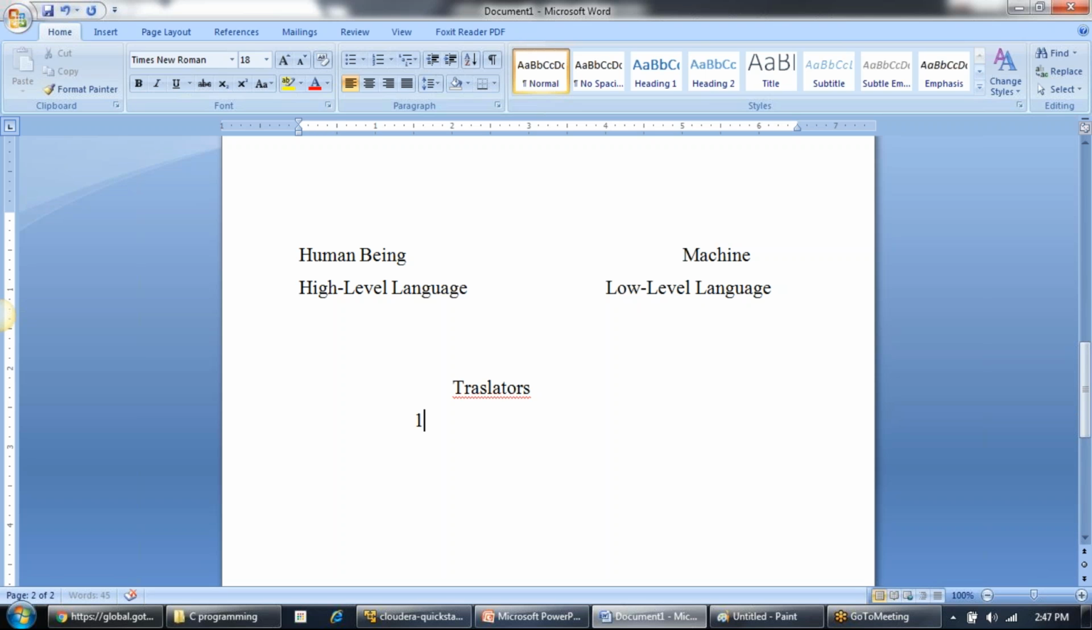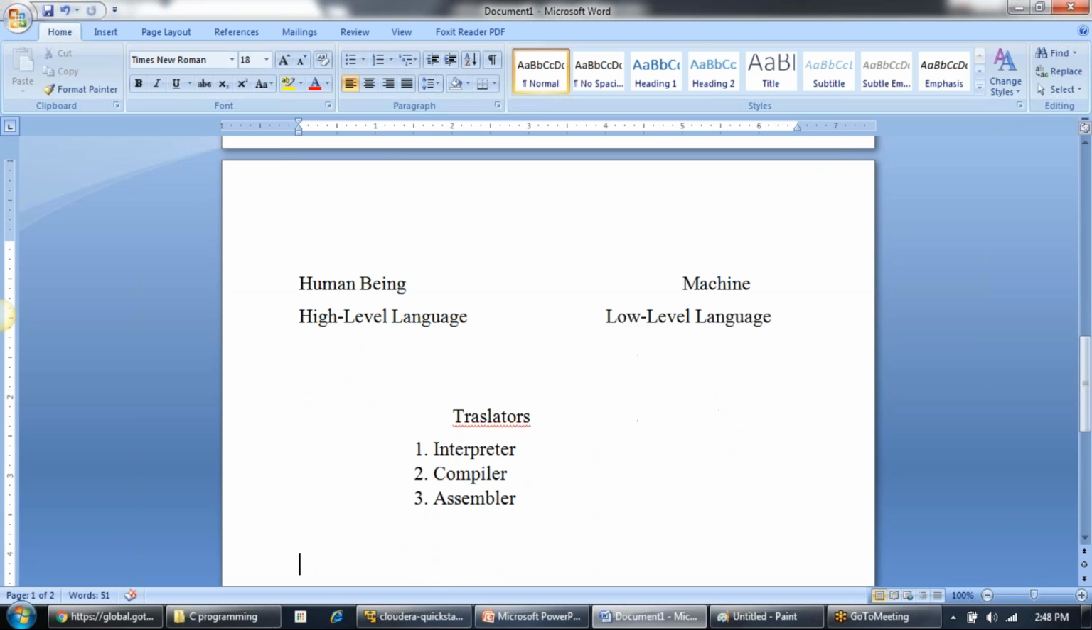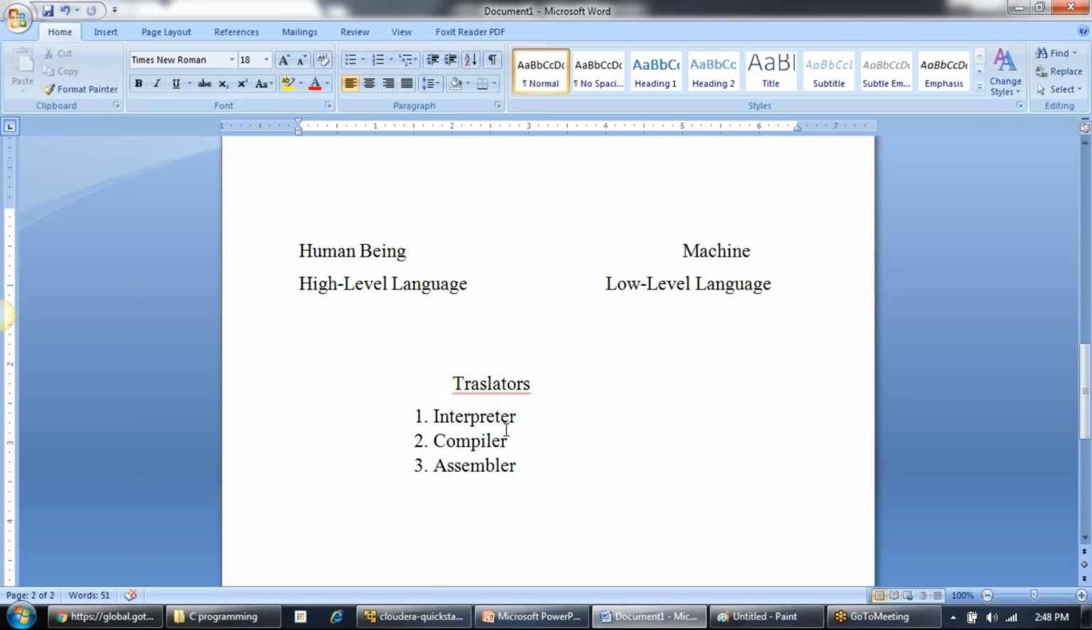As a part of this, we have three important translators. The first one is the interpreter, the second one is the compiler, and the third one is the assembler. So these three are the important translators. As I said in the earlier example, this person C should know all the languages, which is very difficult for us to identify, a person who knows all the languages and can effectively make the translation process. Okay, that is the reason we have figured out three important programs